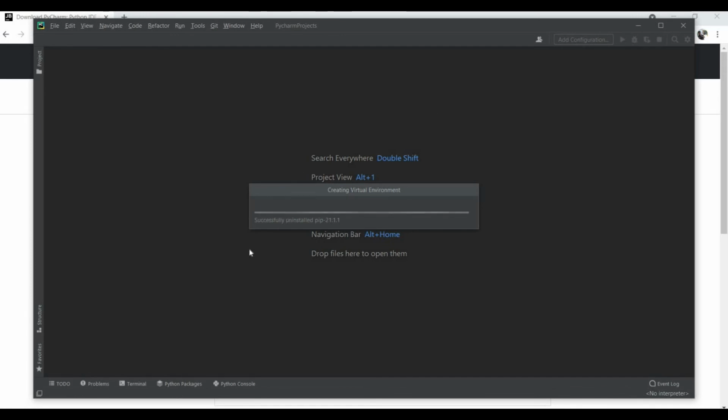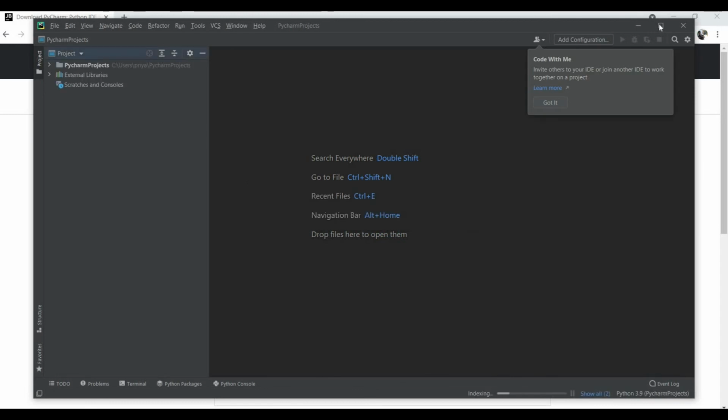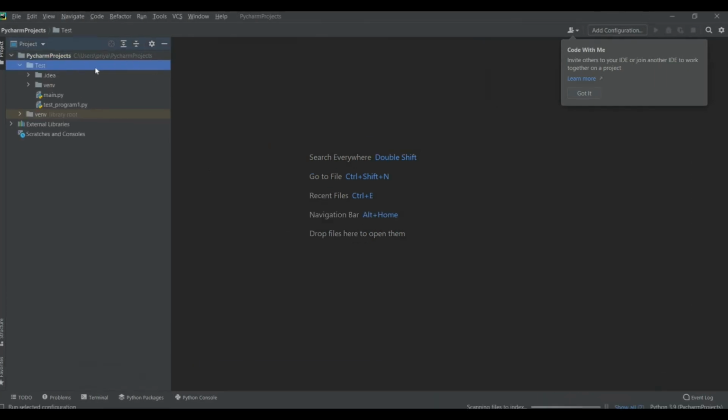Since this is the first time, it is importing all the libraries and making the setup ready. This might take some time, and the next time you open it, this much time will not be taken. You can see the entire thing is done.